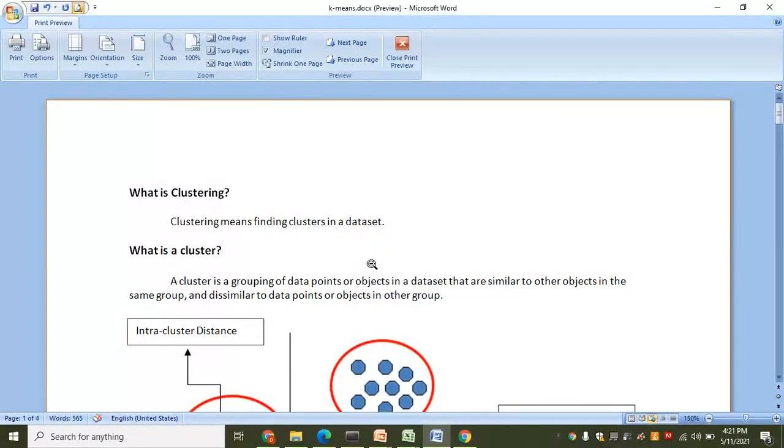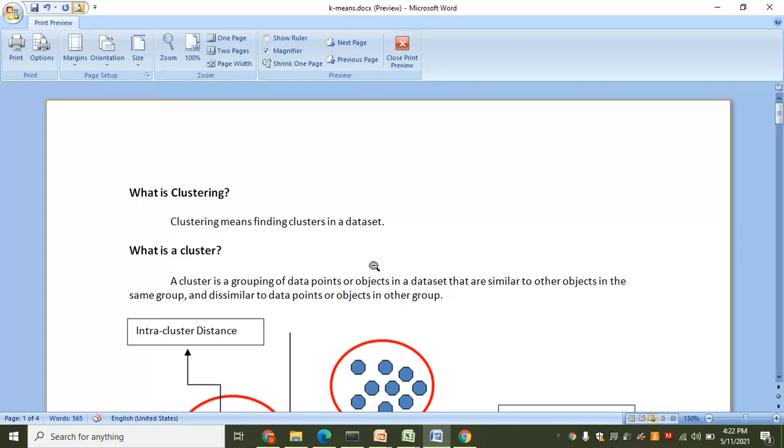Clustering means finding clusters in a data set. So what is a cluster? A cluster is a grouping of data points. What are data points? We will have a number of rows in a data set, and each row is represented as a data point. A cluster is a grouping of those data points or objects in a data set that are similar to other objects